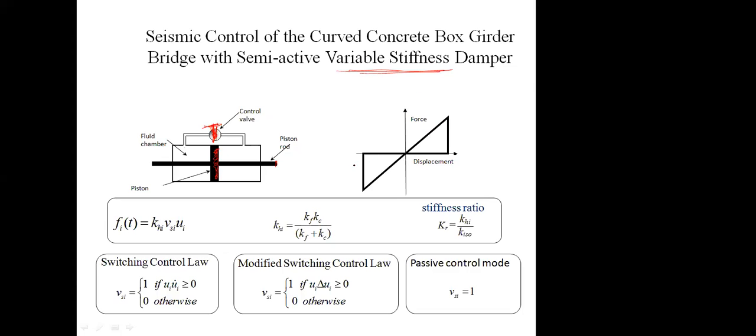So, simply, the force generated along the two nodes is given by Fi equal to Ki Hi Vi into Ui. This depends on Kf into Kc upon Fc. Whatever the frame stiffness is, we also have to consider that frame stiffness for calculating the total force in the structure. Then the stiffness ratio is the ratio of that frame stiffness divided by the isolator stiffness.